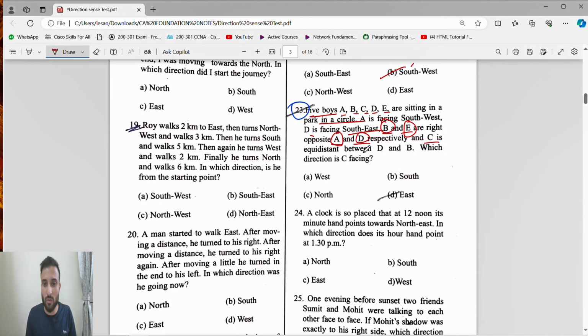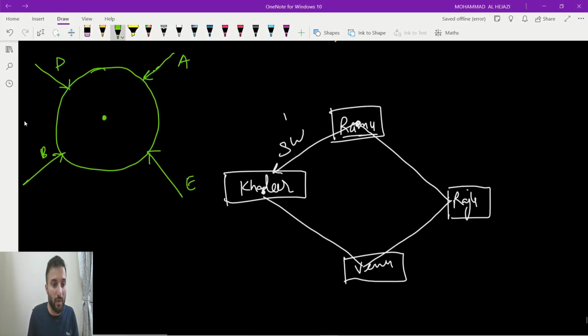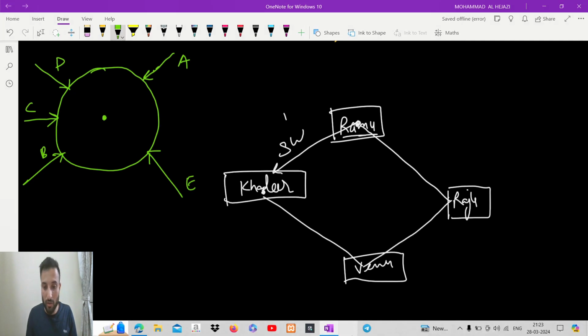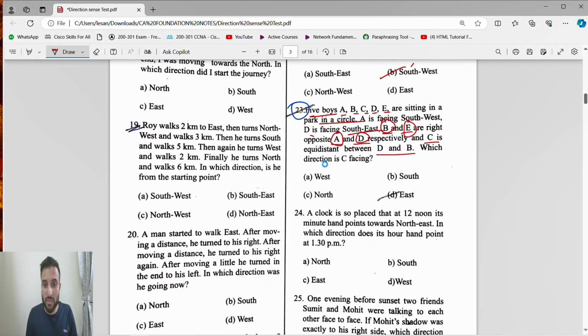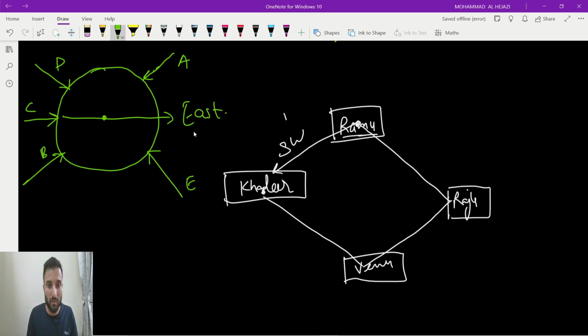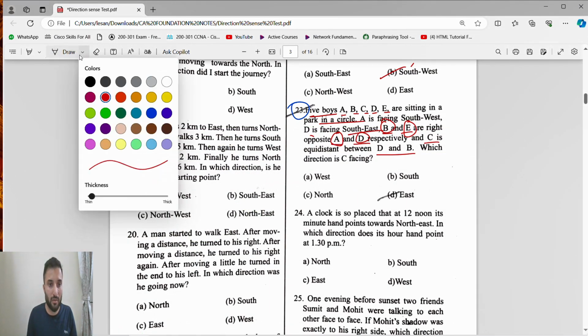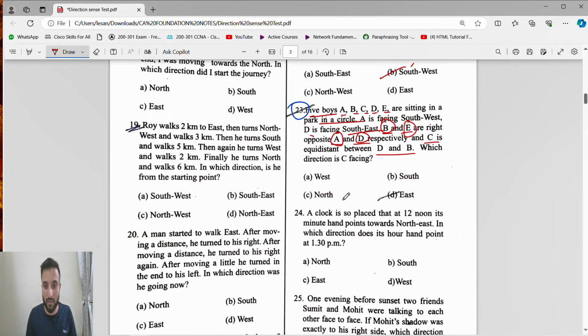And C is equidistant between D and B. Now they are asking which direction is C facing, which direction is the C facing, C facing in which direction, east. What is the answer, answer is sir east होगा।